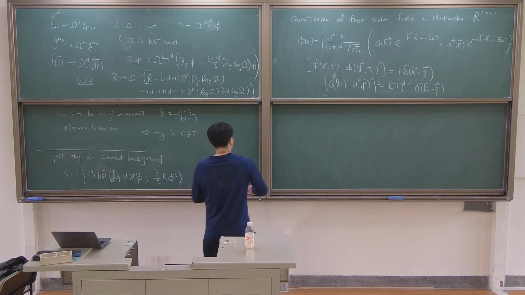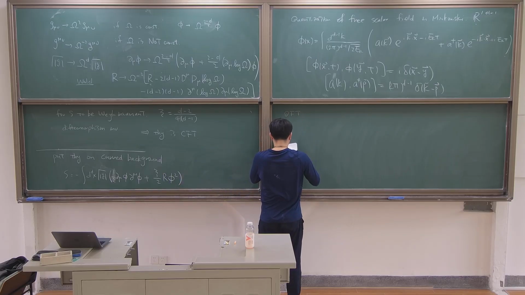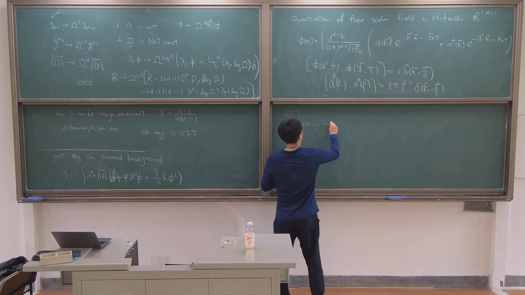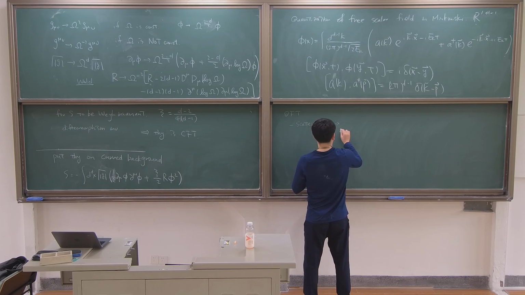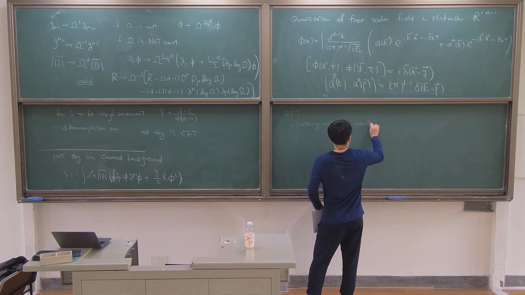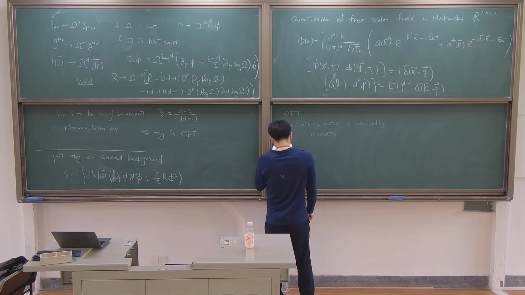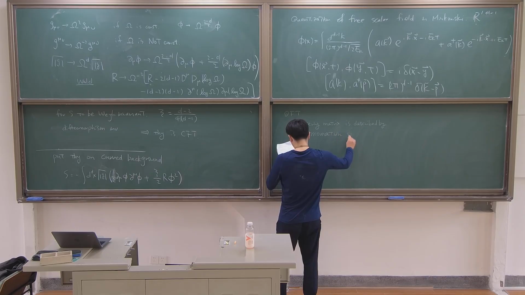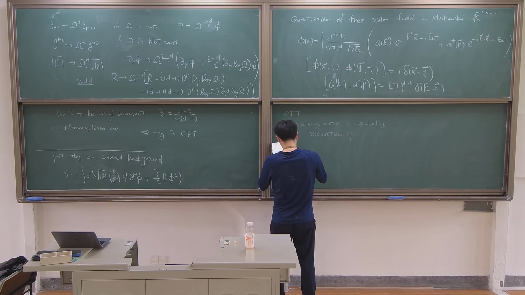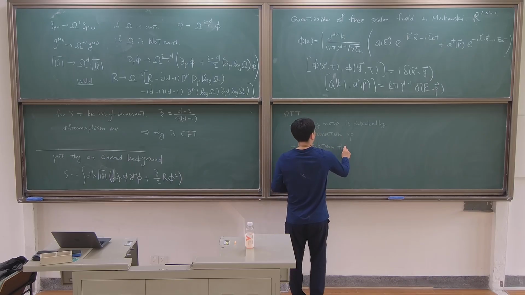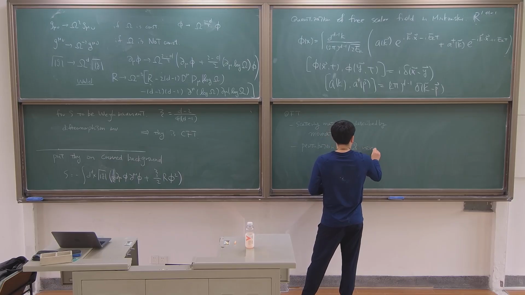First of all, in QFT, the scattering matrix is naturally described by momentum space, and perturbation theory and renormalization, the RG, are